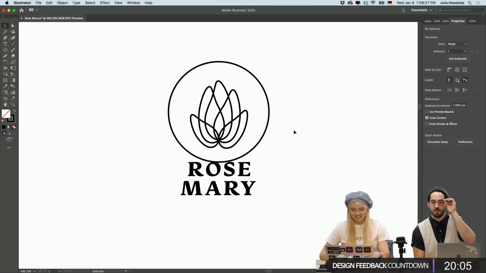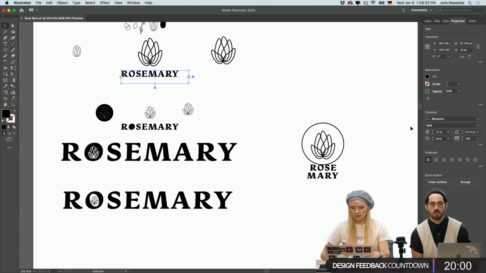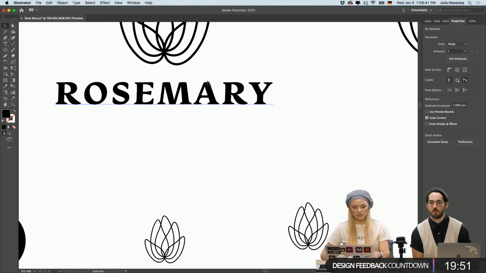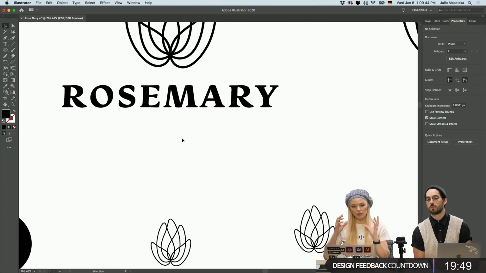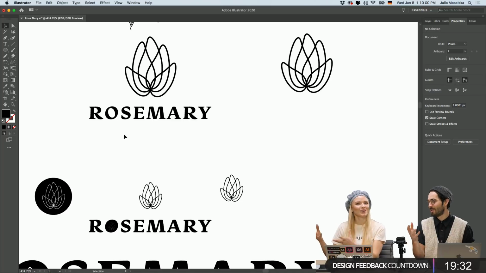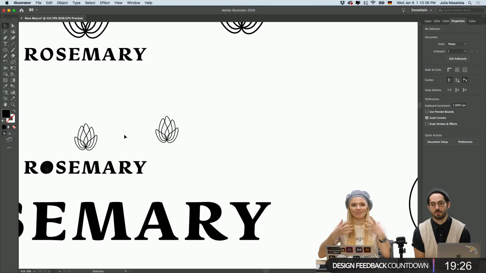Idafe is wondering what the name of the font is, if we could give a reminder. We got this typeface from Adobe Fonts, and it is Monarcha Bold. Save it for later and try to use it. It's a really cool typeface. It's a sans serif, but it's still very rounded, and it has this R that I really love. I think the R is very characteristic for this logo. It's also characteristic for the word. When you say rosemary, the R is super strong in that word. That's why it helps you pronounce it better.